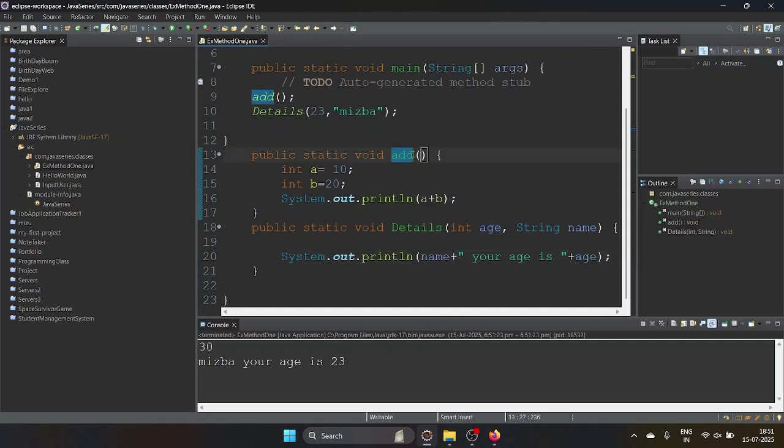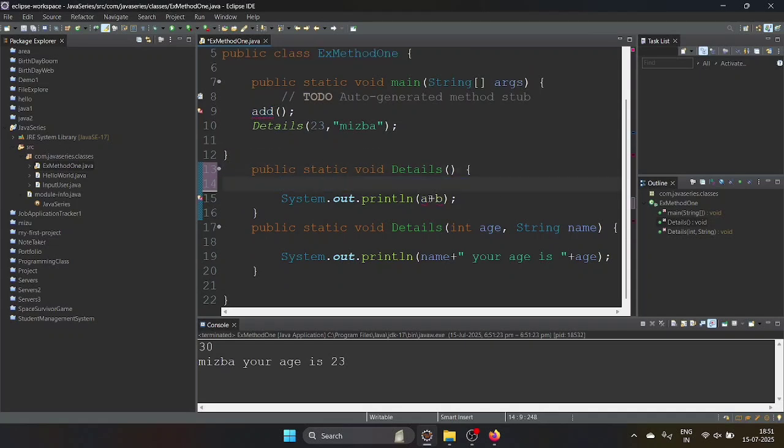Here let's take one more thing, details. Okay, we'll give simply a company name here, Microsoft. See here, details and details, same, right? These methods are inside the same class. Example method 1 is present in the same class, having the same name but different parameters. The type of parameter is different. Here nothing you are having, and here we will take a name.